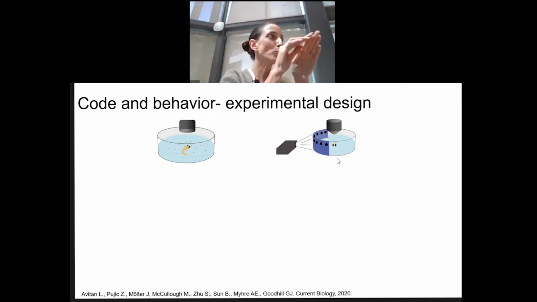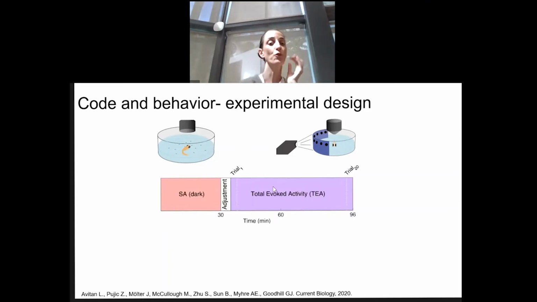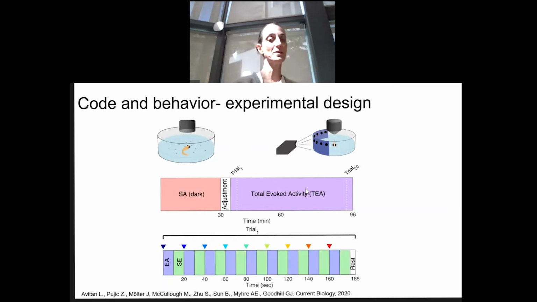And then once the fish has finished feeding, we embed them in another dish, and we are projecting. We have a small projector, everything is miniature, okay? The projector is projecting something that is mimicking the prey, a synthetic prey. And while the fish is watching this movie that we are projecting, we are recording the activity from the brain. For this case, we recorded 30 minutes of neural activity in the dark. And then we showed this stimuli.